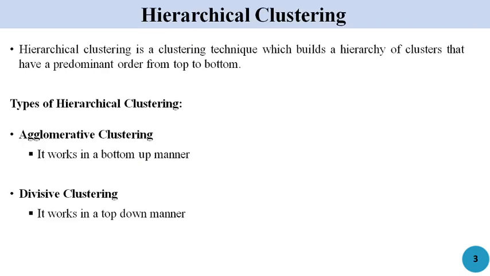Hierarchical clustering is a technique which works on building a hierarchy of clusters. When we mention hierarchy, the most prevalent forms are the top-down hierarchy or the bottom-up hierarchy. In the case of top-down hierarchy, we always start from the topmost level and move towards the lower levels. For example, we can consider the structure of a file system, where we always start from the root node and then move through the different levels in order to reach the files that are present at the leaf level.